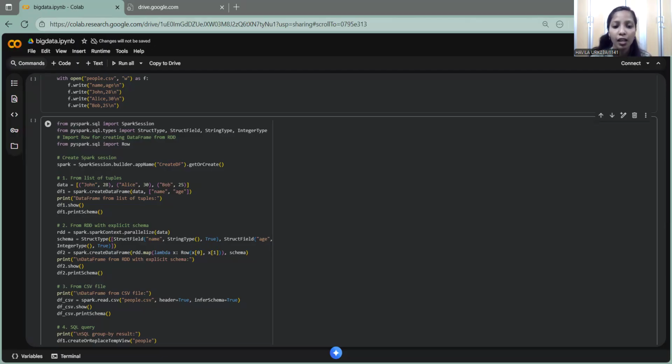done. Then f.write will write the header line containing two columns, name and age, with a newline. Each subsequent line will write a CSV row for one person. After this block you have a text file called people.csv with 4 lines, and then it will import Spark